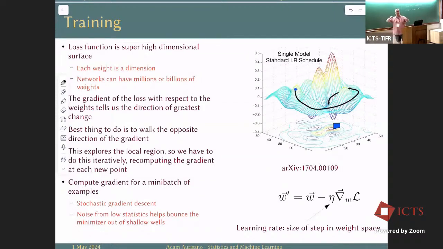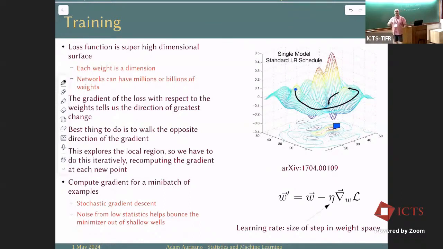Then the statistical noise from the fact that you're using fewer events in the computation of your loss means that different minima and maxima open up randomly in your surface. So you can be going down a direction one way, and then the noise bumps you out of that and derails you. You would think that that would be bad, but it turns out that the loss functions that we